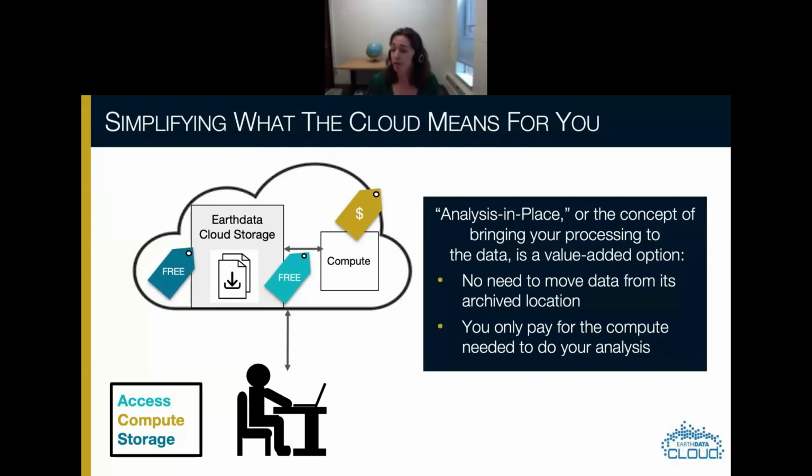And you may also need or want to have a common compute environment for your team and research group, where everything is configured in one place. It helps ease the ability to collaborate across groups and teams. So this notion of analysis in place, or this concept of bringing your compute or processing